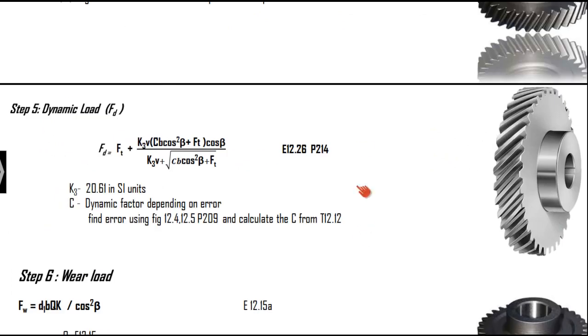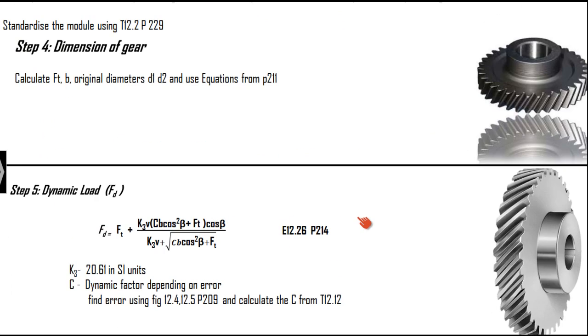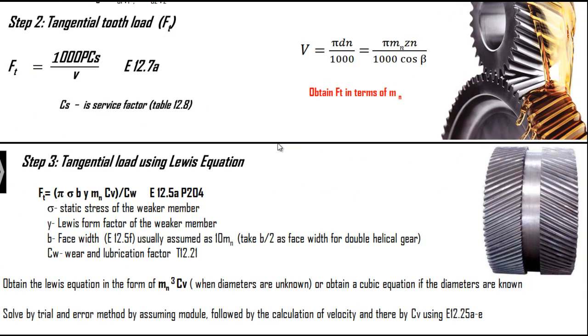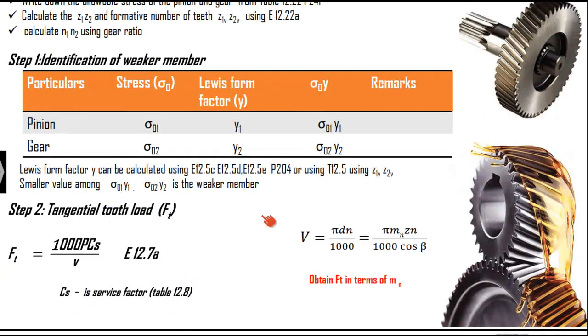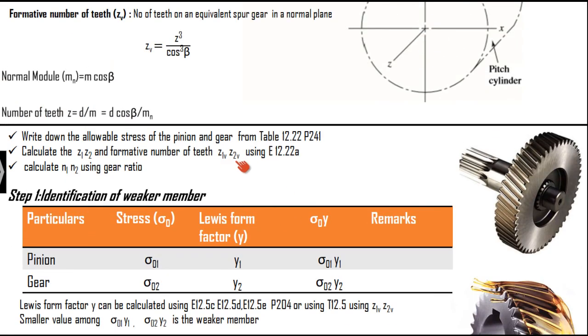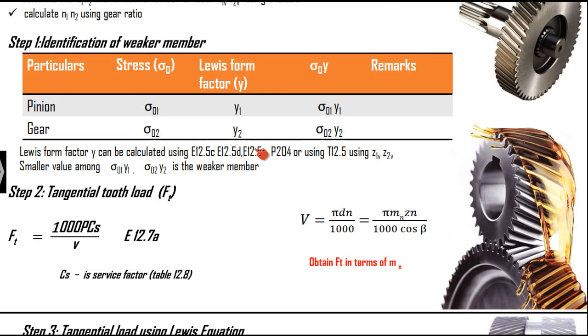When we consider the problems of the helical gear, the only confusion or difficult area is with the normal module and the tangential module, and where you have to use Mn. Don't worry about all those things, because the formative number of teeth is only used for the calculation of y1 and y2, and further we are nowhere going to use ZV1, ZV2. Everywhere we are going to use the values M and Z. If there is Mn somewhere, you completely rely on the equations given in your data handbook. You don't need to worry about anything.